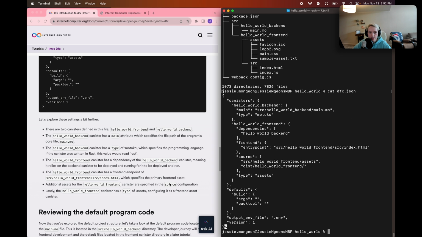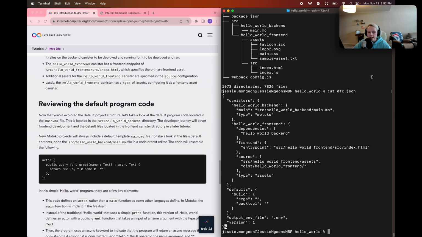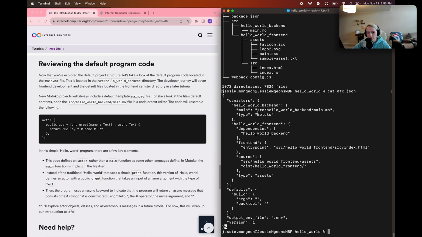So that is the breakdown of the dfx.json file, and like I said, moving forward, this is a very important file. It is going to be something that we edit quite a bit in future tutorials and that we get very familiar with using. So lastly, we're going to take a look at the default code for the backend canister. Like I mentioned, it is this file here stored at src/hello_world_backend/main.mo. I'm just going to copy this file name here, and then I'm going to use that cat